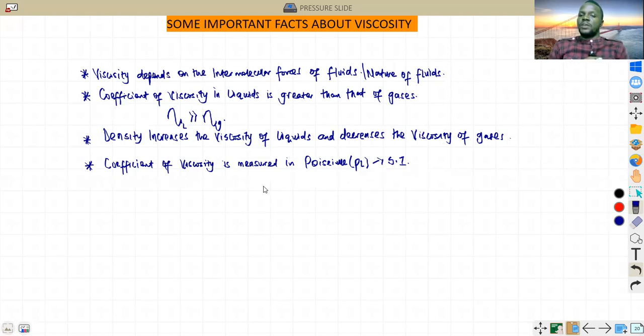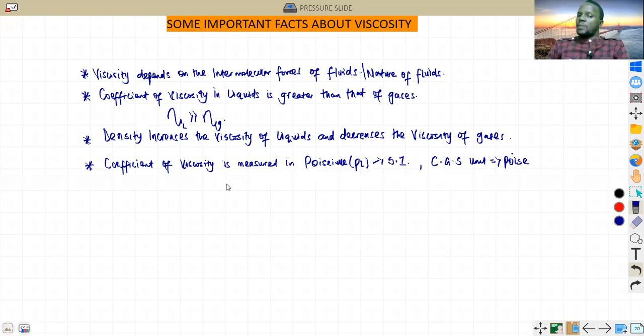So you should always note that one Poiseuille is equal to... let me just write the CGS unit. The CGS unit of coefficient of viscosity is written as poise. So be careful about this, because when we start some illustrations and do conversions, the standard unit of coefficient of viscosity should be in what? Poiseuille. Later in this topic, we are still going to talk about the Poiseuille equation. For now, let us note that the SI unit of coefficient of viscosity is Poiseuille, and the CGS